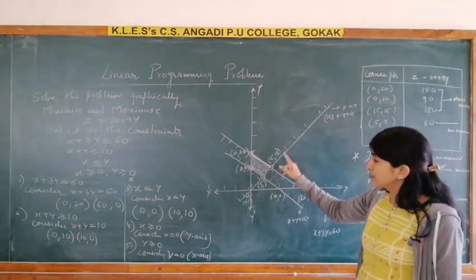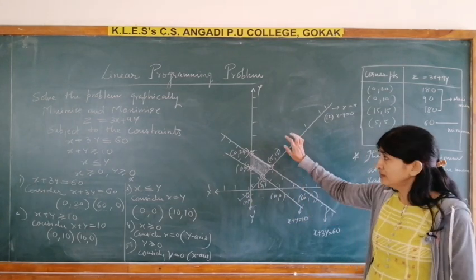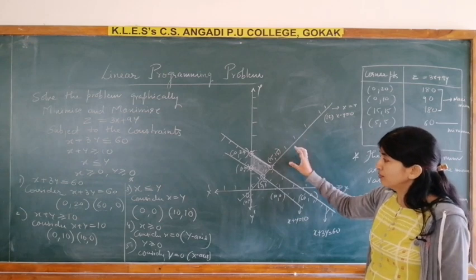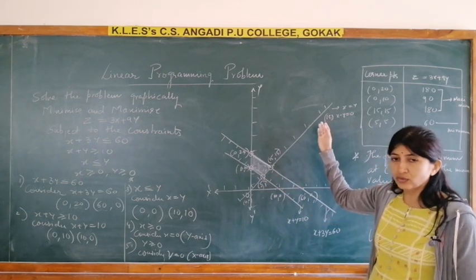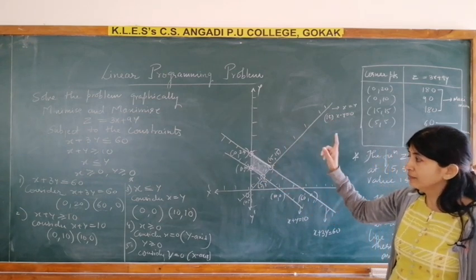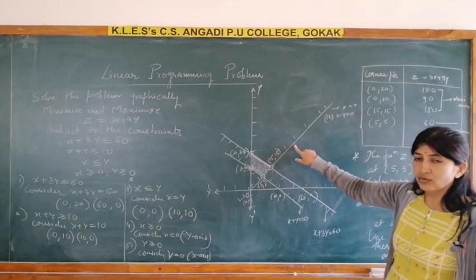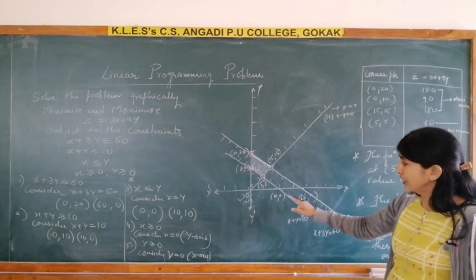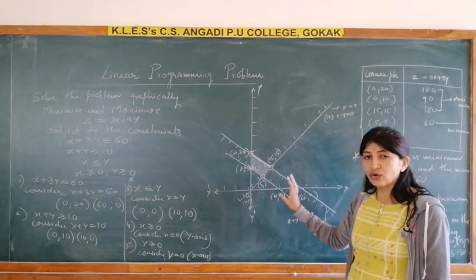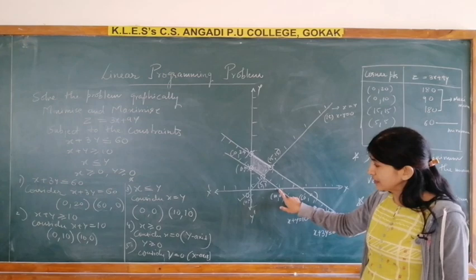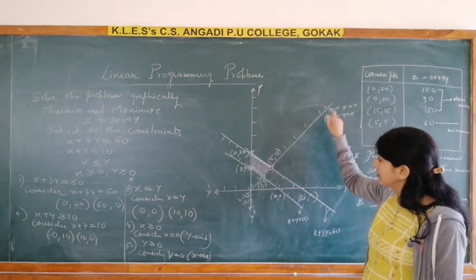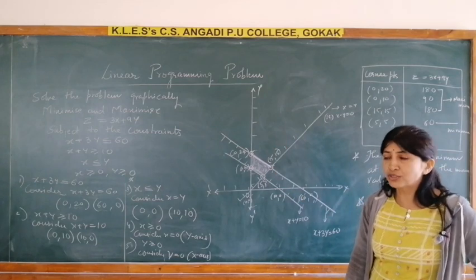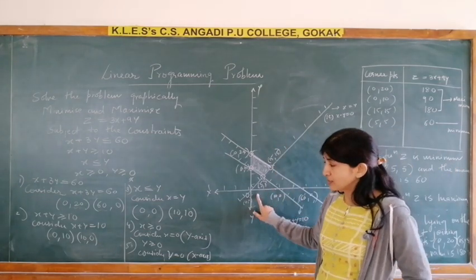And you will usually get the question when the line is passing through the origin. This question is asked many times. So always practice the problem where you get the line passing through the origin. So once again I will tell, whenever the line is passing through the origin, to decide which side we have to shade, take any of the points which are on the x axis and y axis. If that point satisfies that equation, shade towards that. If it does not satisfy, shade opposite to that side.